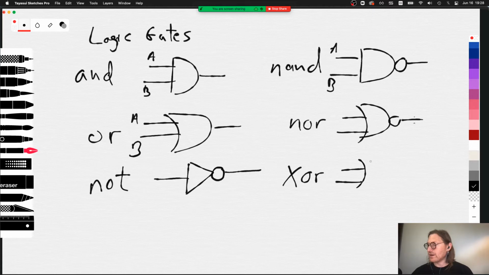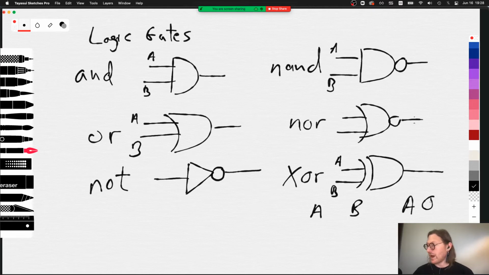It kind of looks like an OR gate, but we have just an extra line here. What XOR is going to tell us is whether or not A and B are different. If A and B are the same, it's going to return a low energy signal or a false, however we want to think about that. If A and B are different, it's going to return a 1 or a high energy signal, however you want to think about that. So the truth table for this,